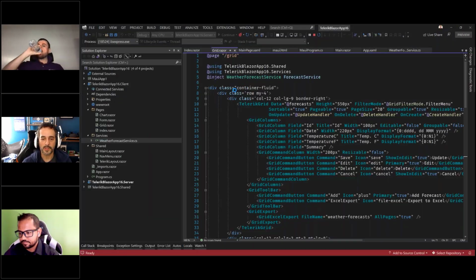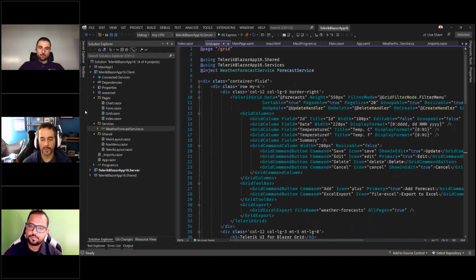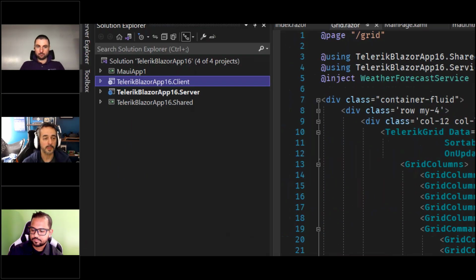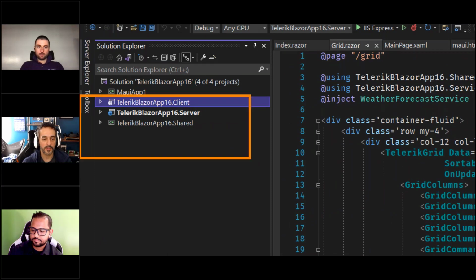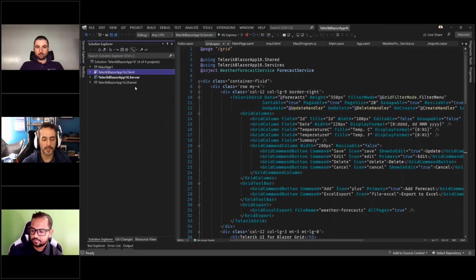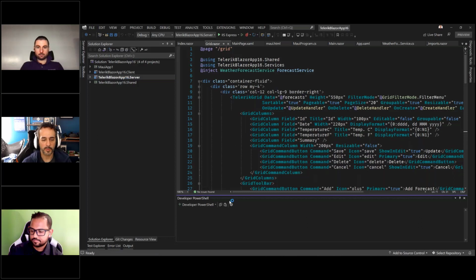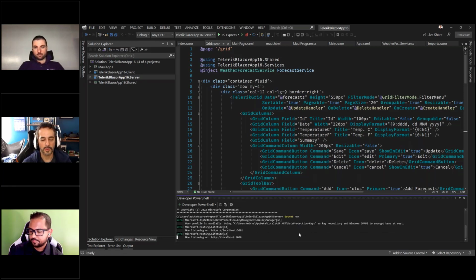Let's say we want to transition this later on to a desktop application. Something that's coming with the next release of .NET is something that you talked about earlier, Sam, called MAUI. Now, my application here, if I can zoom in, I've got my client, server and shared project. This is all my web application. I'm going to run from the command line just the server portion, just so I have the web APIs running. I don't need the views and all of those things.